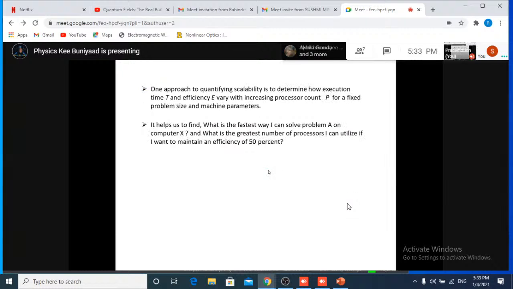Now one more approach to quantify the scalability is that it will determine how execution time and the efficiency of an algorithm vary with increasing the processor count. Processor count means the number of processors. It means if you increase the number of processors, then how the execution time behaves, how the efficiency behaves, will be found from the term scalability. So it also helps us to find the fastest way that we can solve a particular problem in a particular